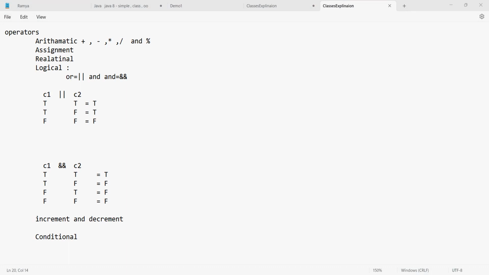Okay. First, if you want to run any program, we need a class. I'm changing the class name to LogicalOperator. Here, public static void main of String array. My question will be, if I am going to write a program to print